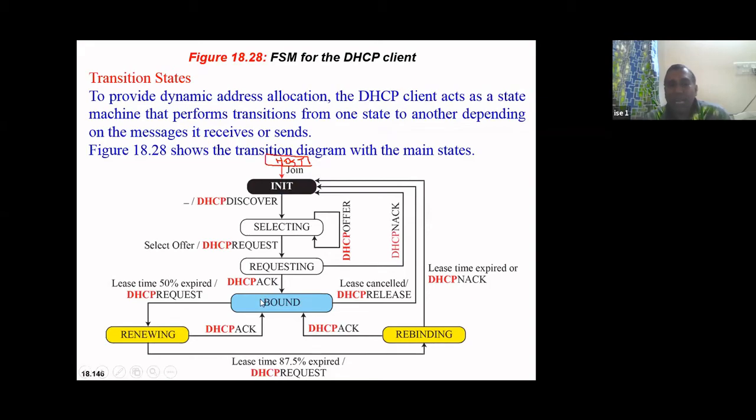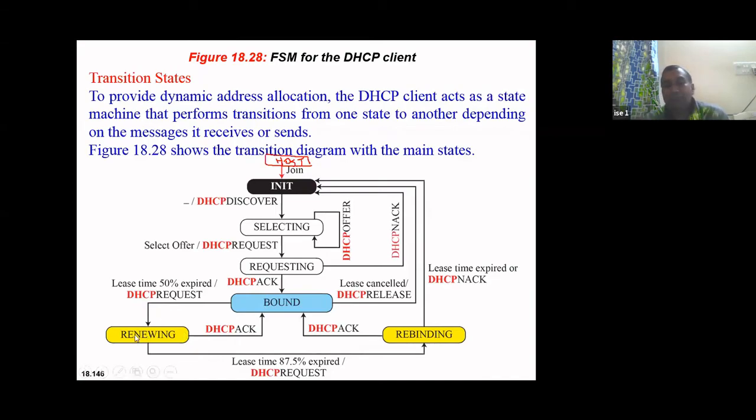Now, the moment 50% of the lease time has expired, the lease time was 3600, so when it comes to 1800, the host will have to renew the request. It will send a DHCP request to the server for renewing the connection, and if the server sends an acknowledgement, it is good.